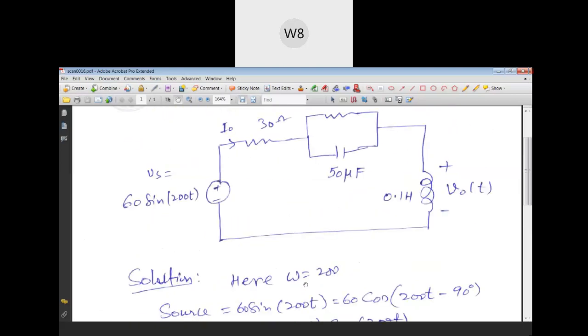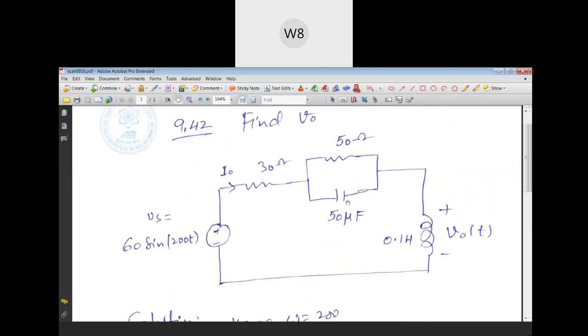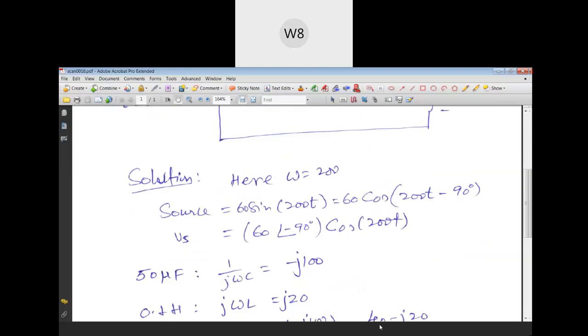So now we know the reactances corresponding to capacitor and inductor. So they can be substituted here, and then we can treat everything in the usual way, the way we treat a purely resistive circuit. So we first combine these two parallel entities to find a single entity, and then we have three entities: this 30 ohm, the equivalent of these two, and this inductor, these three quantities in series. So we can simply add them to find the net impedance.